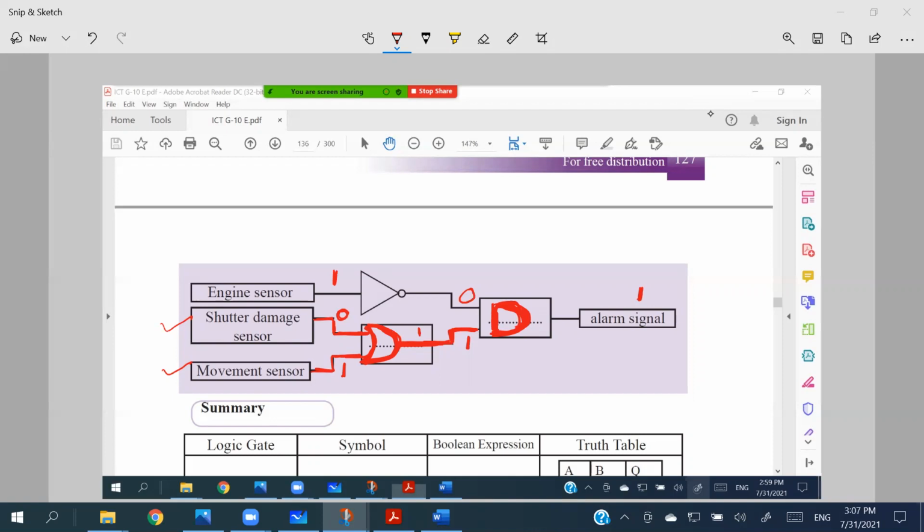Yeah. So now think about the scenario. Now the engine is on, so it is outputting 1. So this NOT gate will convert it to a 0. Right? So if the engine is on, that means someone should be in the car. Right? Then if it moves,